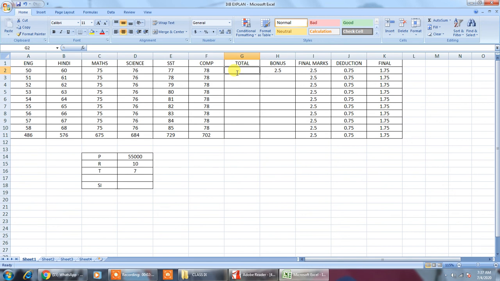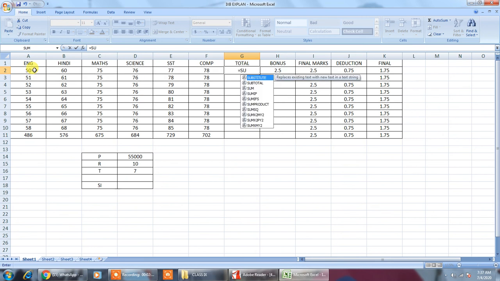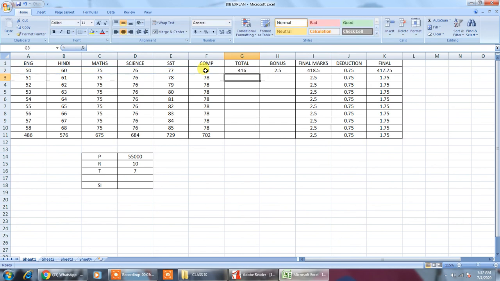I can use the sum function as well. I have typed the formula is equal to sum, and then what I can do is I am telling you the address of this first, that is A2, with the range up to F2, and then close the bracket. And when I click, I will find the total of the first row, these references which are in a proper relation as horizontal. Whenever I drag the cell handle, the relative references are changed automatically.